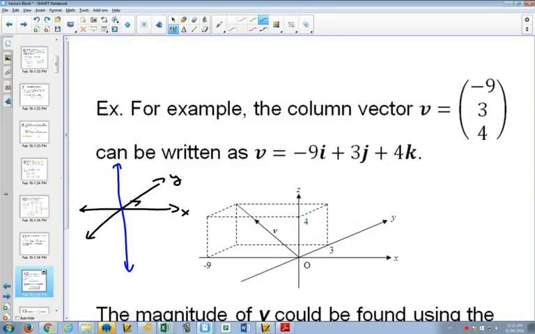So if we wanted to label -9 for the x, 3 for the y, and 4 for the z, we would go to our x, y, and we would find the point -9, 3. So there, you could see it, that's where it would be on our x-coordinate, right? Then from that point, you think of your z-axis going up, you'd have to count 1, 2, 3, 4 up from there. Now, as far as drawing that goes,